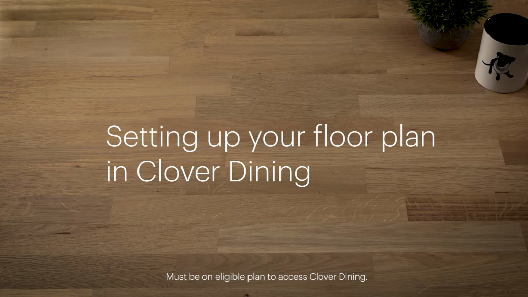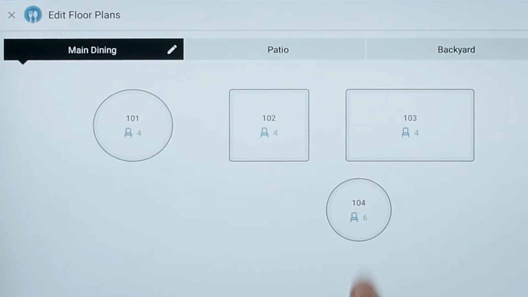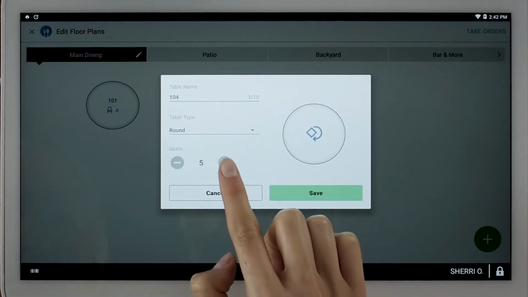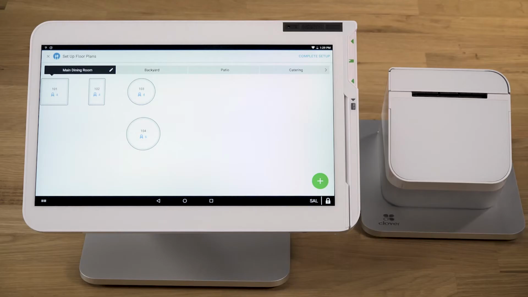The Clover Dining app helps restaurants manage tables and orders. You can create a floor plan to match your restaurant layout and keep track of which tables are seated, number of guests, and their orders. Here, we'll take you through the initial setup of your restaurant in the Clover Dining app and create your restaurant